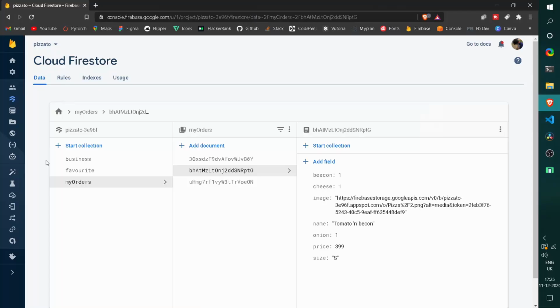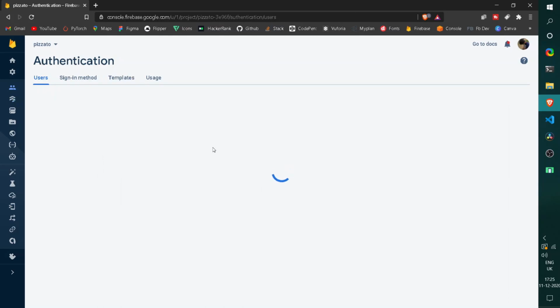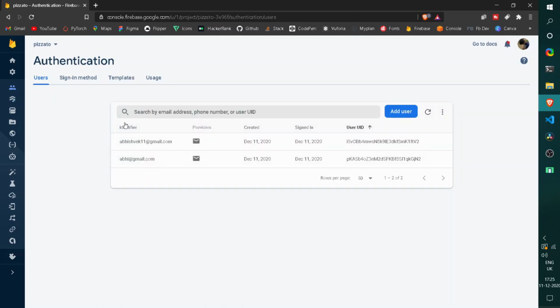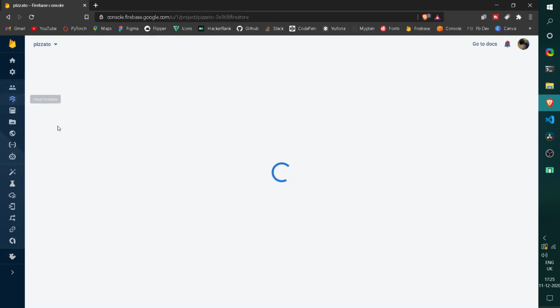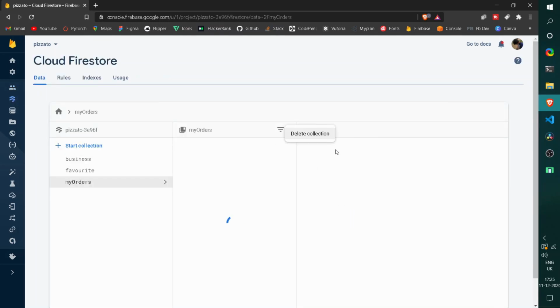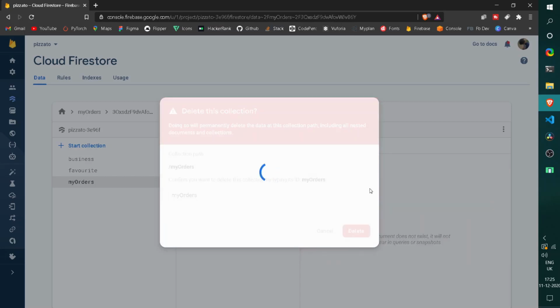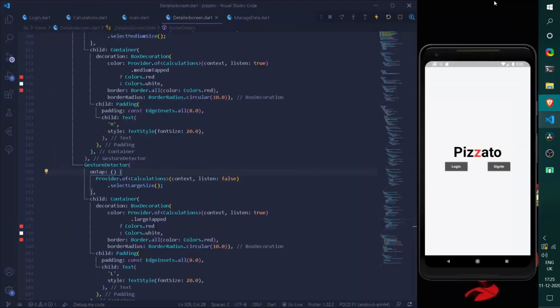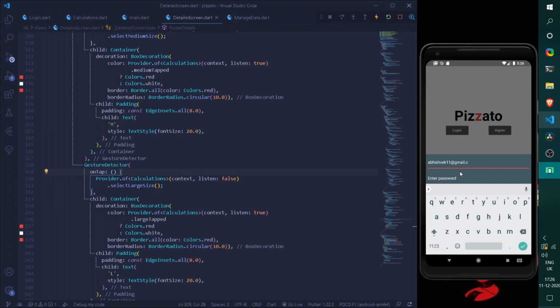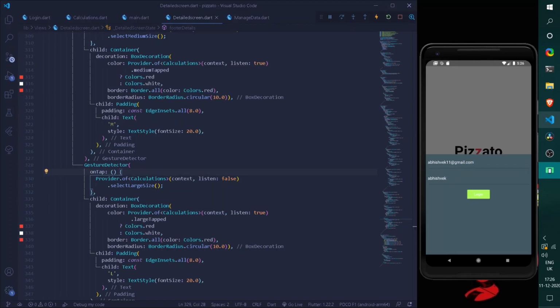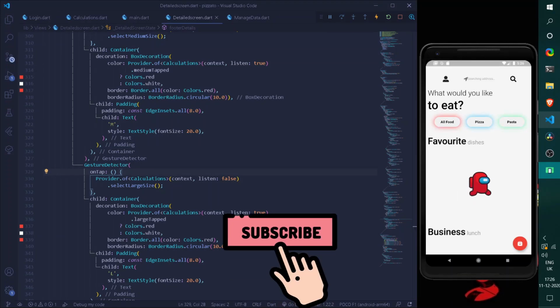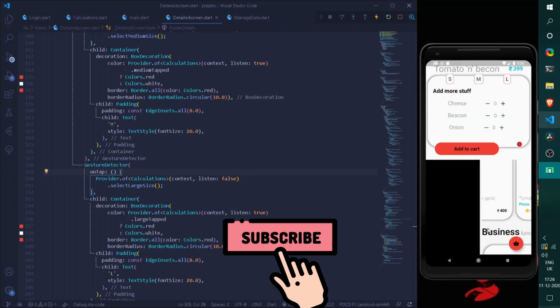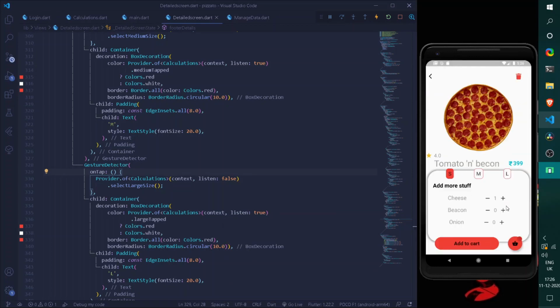Let's reload it. So our 3 orders appeared here, but we don't need this many orders. So we have our 2 emails here which have different keys. So for having the proper data, let's do one thing, that is simply delete the entire collection once. Alright, paste it here. So once we have gotten rid of all of our data here, let's log in one more time. Okay, I remember my password. No worries. Log in once. Alright, let's move under tomato and bacon. Let's select a small size, add some more things, add to cart. Now let's check our Firebase by reloading it once.